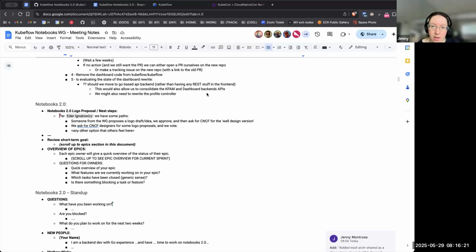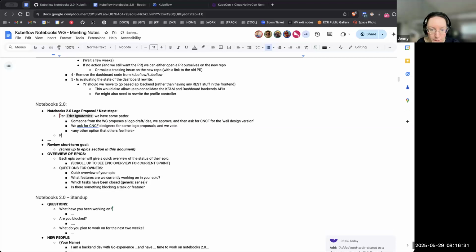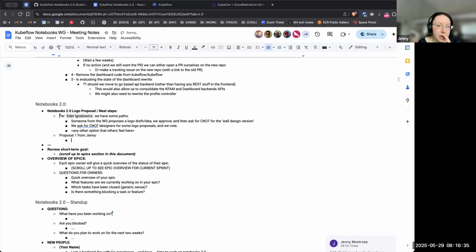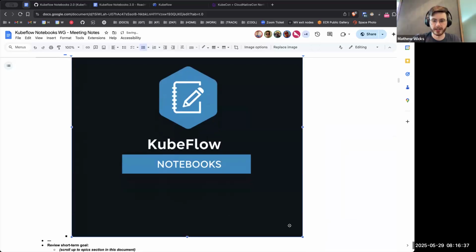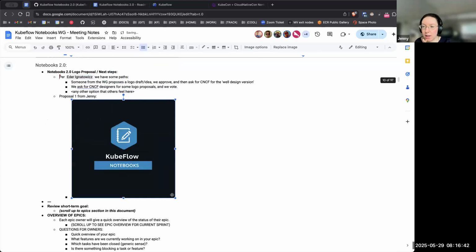So this falls under the hexagonal design of what Kubeflow is currently doing with model registry. It kind of aligns with the new icon that model registry has just come up with. I can link that in the doc there as well. Oh, perfect, thank you. So as far as the iconography and the image for what we want to show for notebooks,